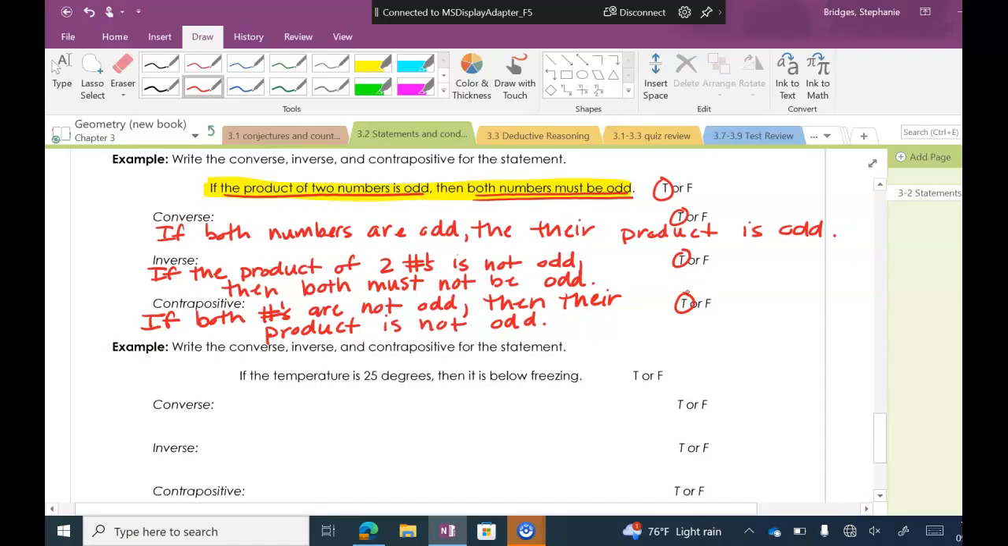So you just have to get into the idea of going from the original, you switch for the converse. And then for the inverse, you just take the original and you negate it. And then for the contrapositive, you switch and negate. Does that make a little bit of sense? Okay. I'm not going to make you do that last one on here because I feel like you've written a couple